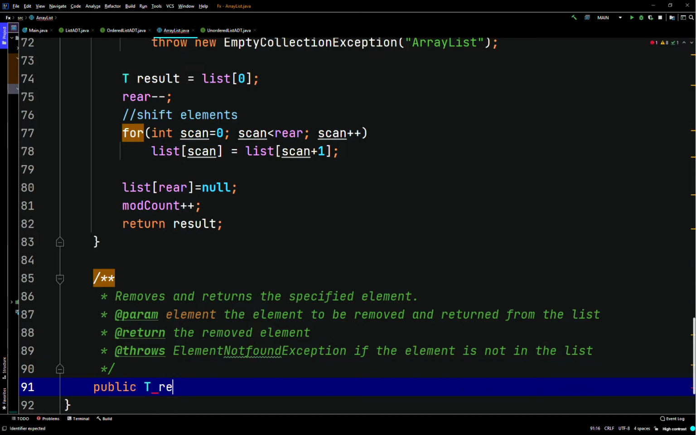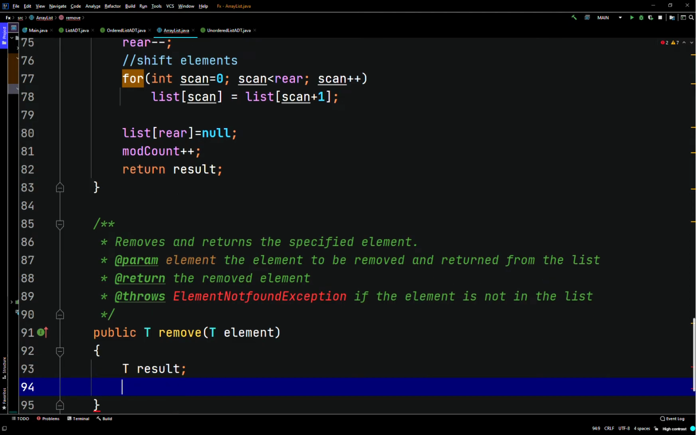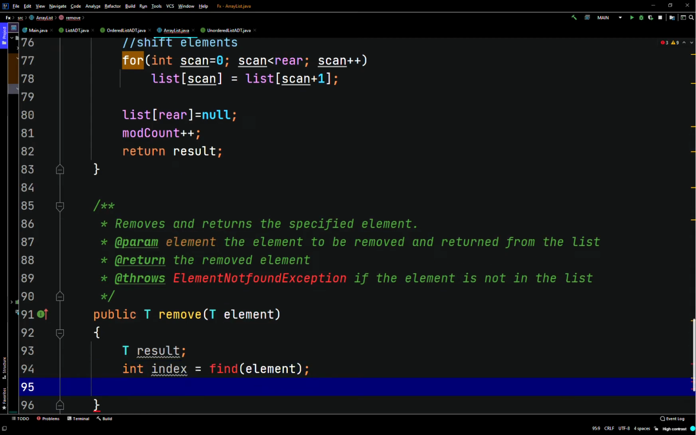So here it returns type T again. It takes parameter T element. It's a public T remove. Then we'll say T result, index points to find element. We haven't created find yet. We will in a sec. I should have done that one first. That's okay. Then we'll just say if index